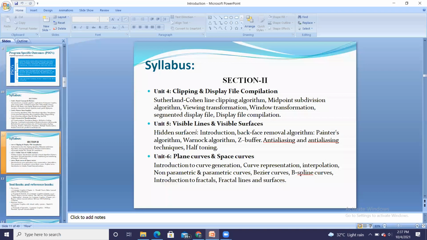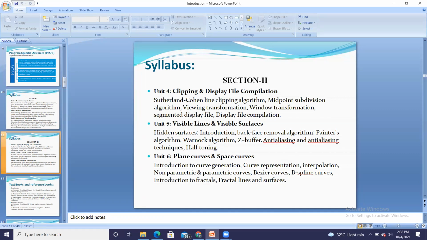Then chapter number 5, or unit number 5, covers visible lines and visible surfaces. The fourth chapter is with respect to lines only, but chapter number 5 is with respect to surfaces. If you have a 2D or 3D image, which parts are visible with respect to the screen, and which are in the background?